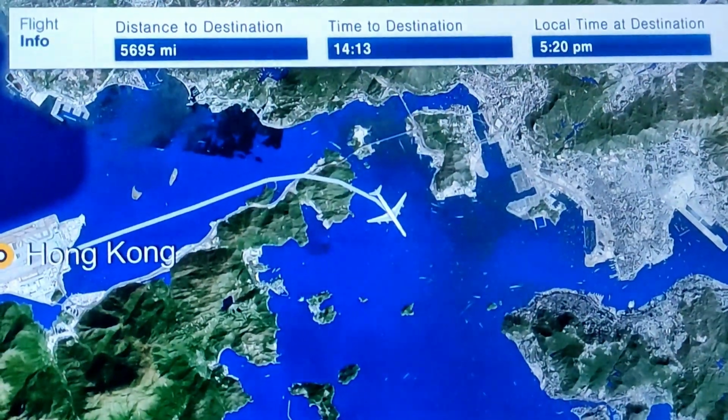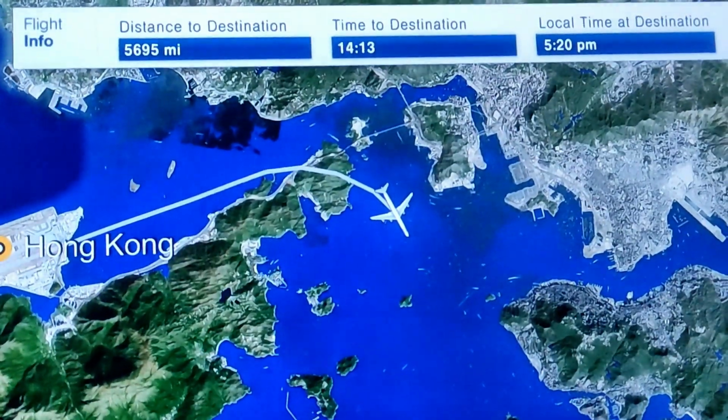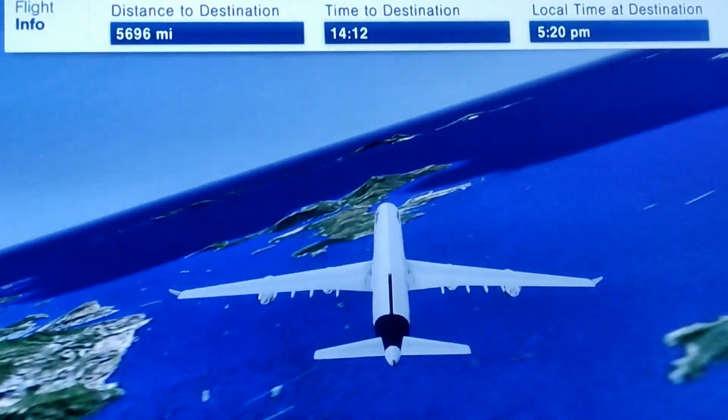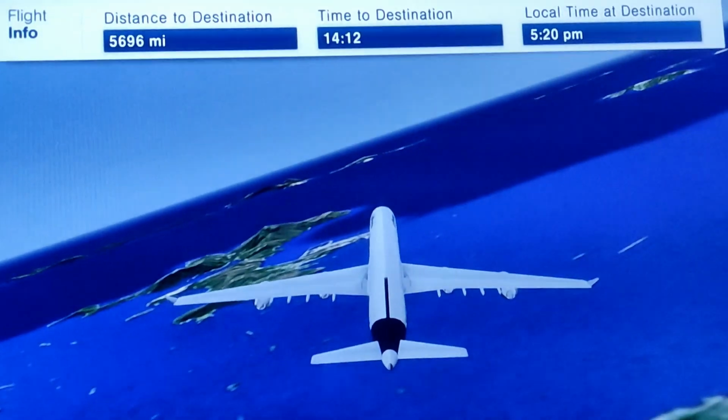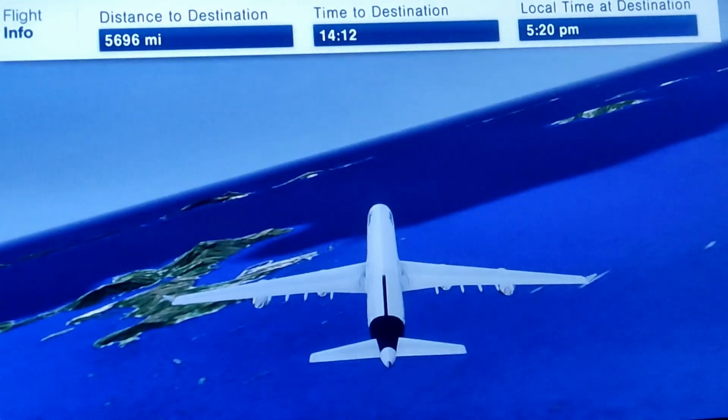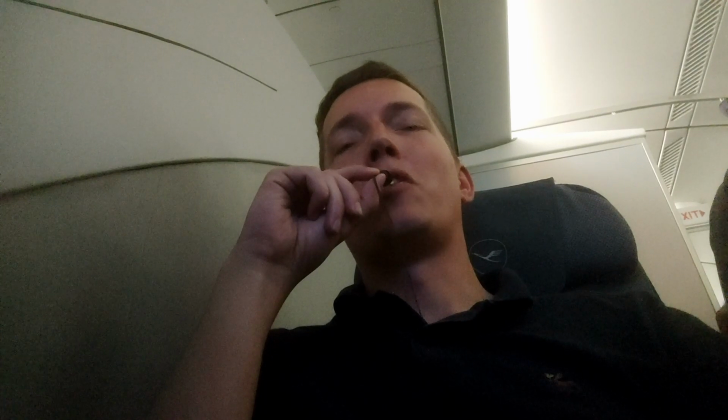Yeah, also it was quite interesting on the ground. If I heard correctly, the engines were started while we were still standing at the gate, before pushback, which is probably due to the unserviceable APU. The APU is normally needed for engine starts, so the APU would be running during the pushback, and they would use the APU to generate enough power to kickstart the engine, sort of. Now they couldn't do that. That's why I think they used the ground power at the gate to start the engines, but I'm not too sure about it. In any case, the air conditioning came on while we were still at the gate, and